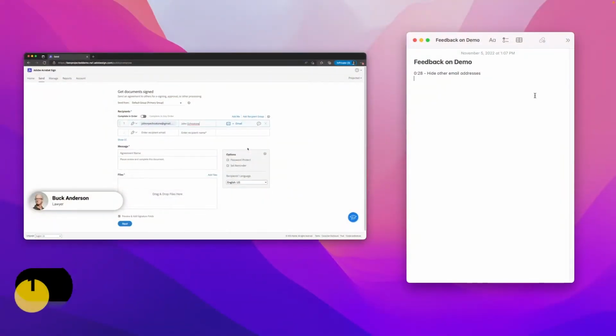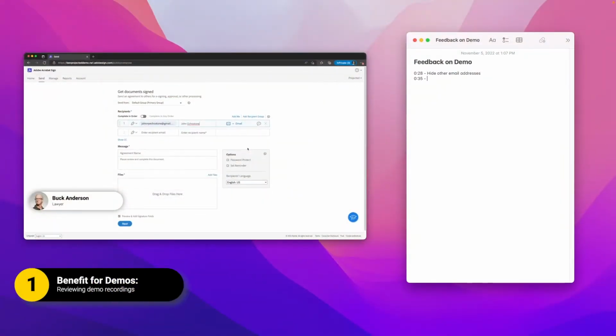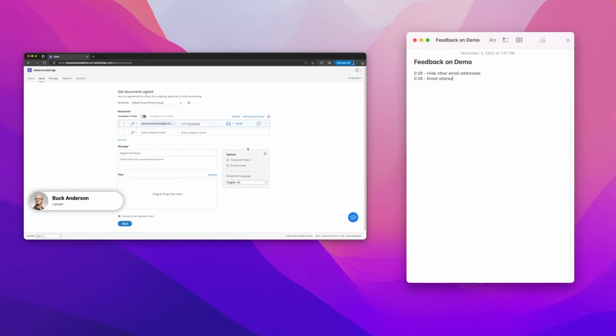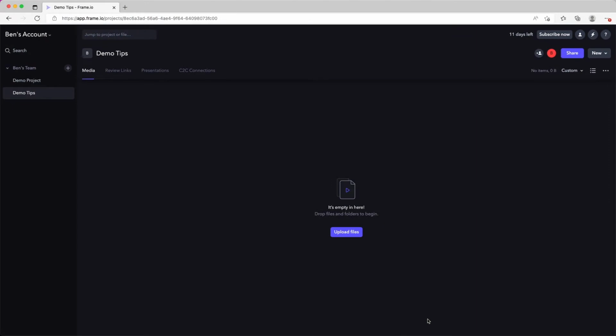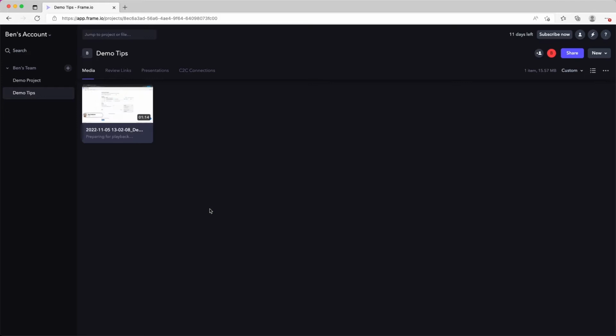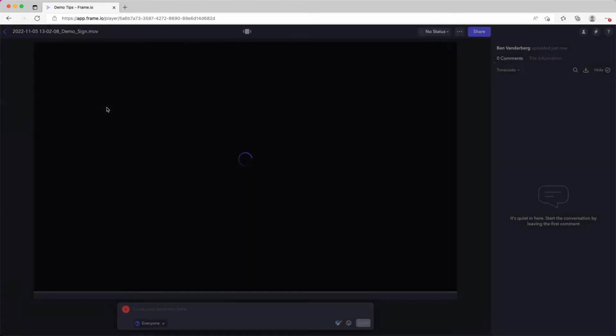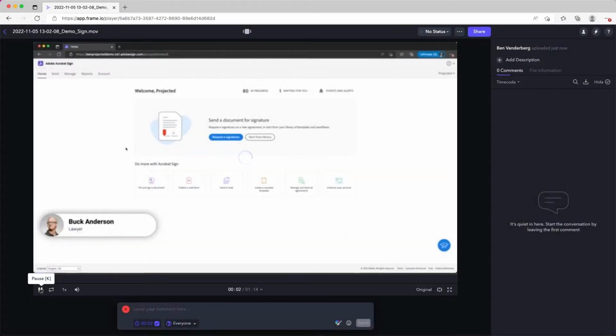The main reason I love it for demos, though, comes down to 4 things. So let's talk about the first one. Before Frame.io, I would listen to my recorded demos and write down my notes with the time code and my feedback. But now with Frame.io, it makes it a lot easier for me to do it. If I drop my video into Frame.io here, it's going to re-encode it so that I can view that online. And this way I can have a look at the video, I can play it back, and if I find